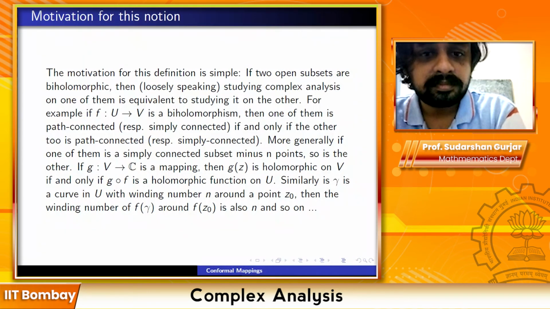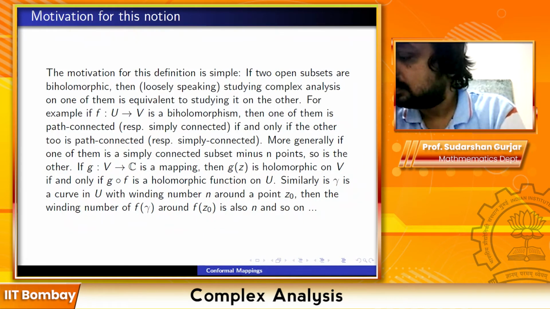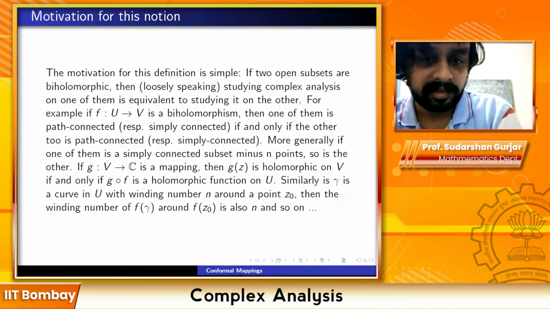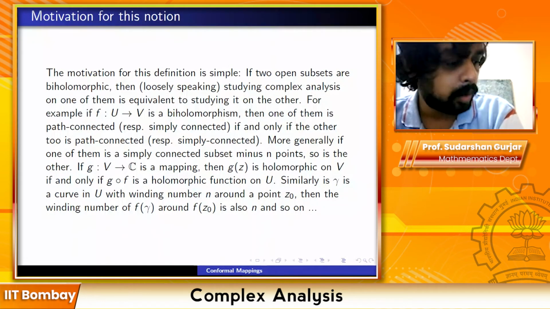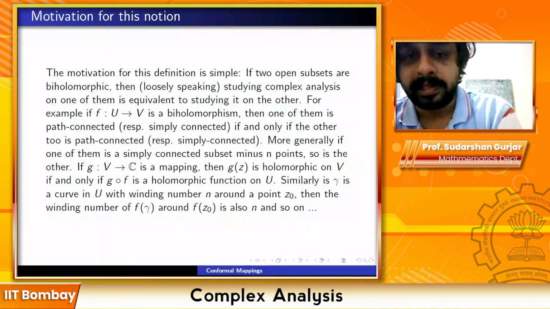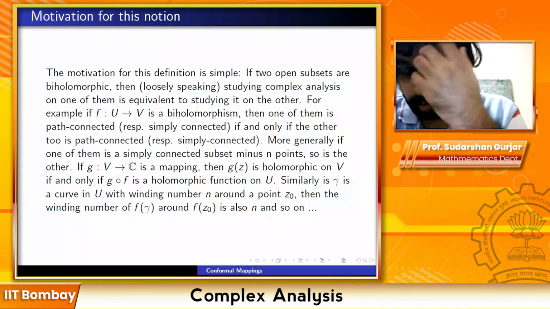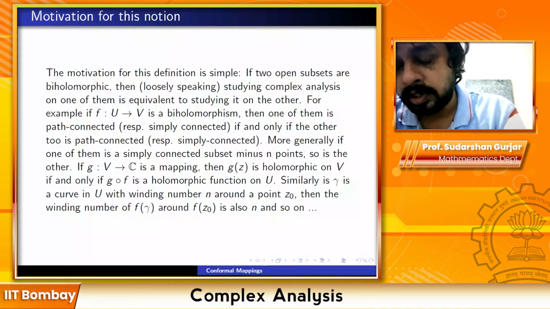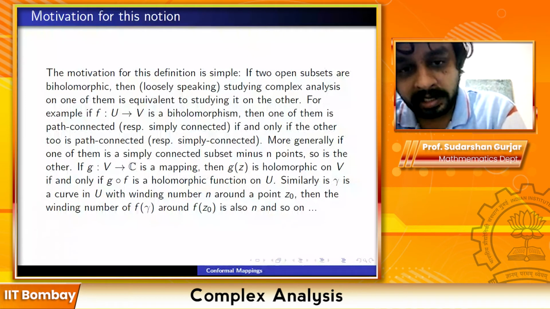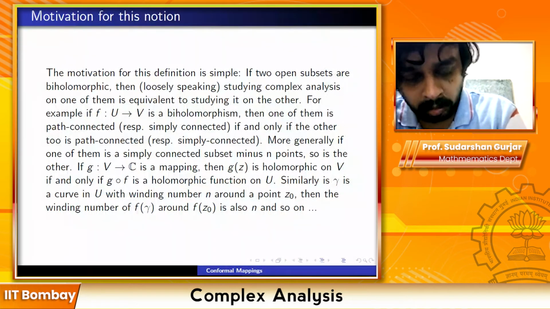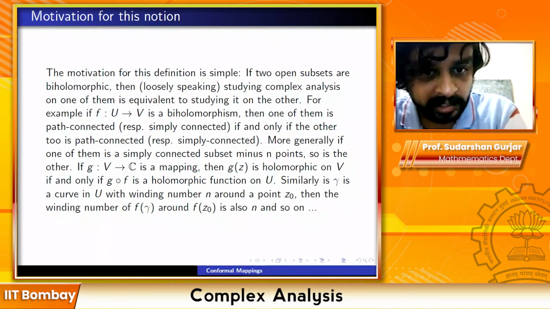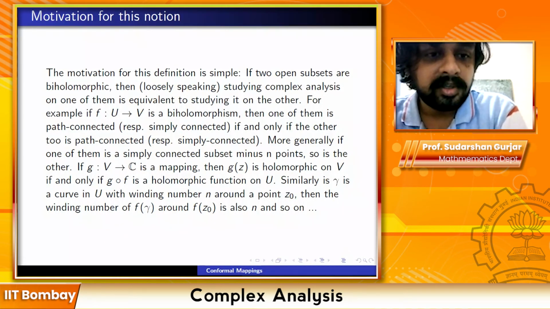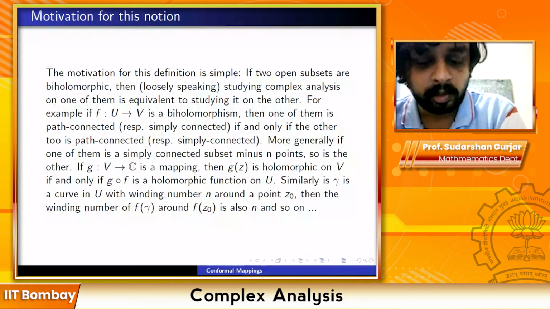And will the winding number thing be useful in showing the simply connected minus n points thing? It's possible that it will be useful. I guess you can probably convert that into a proof. Yeah, I think that's a good point. For every point you can consider a loop which only goes around that point and does not go around any other point. So you will get n many of these loops, and you can somehow try and argue that the images of those loops will also have the property that they go around one point which is missing and not go around any other point. That kind of thing. So if one of them is simply connected minus n points, the other will also be.